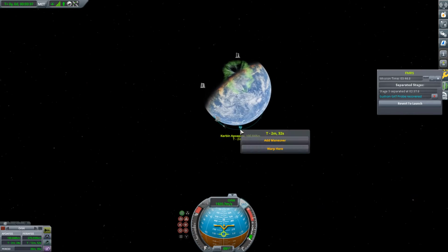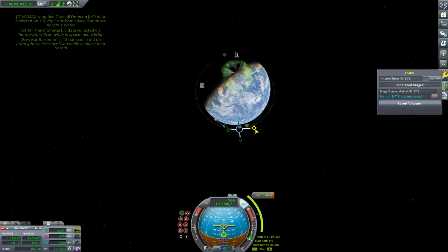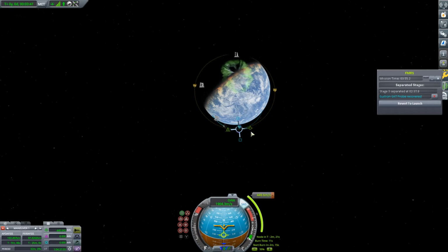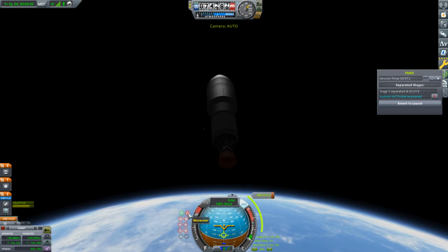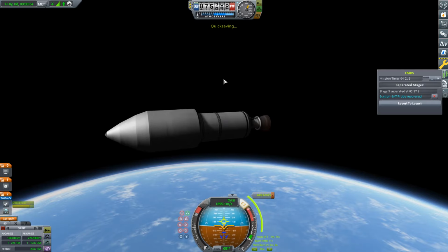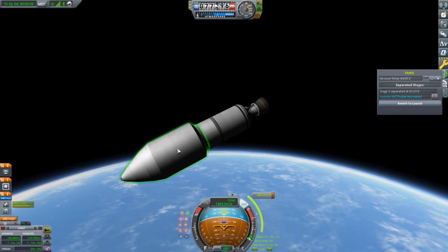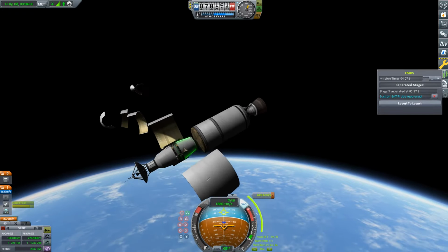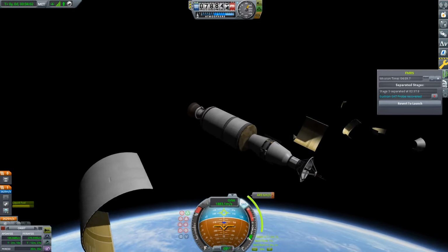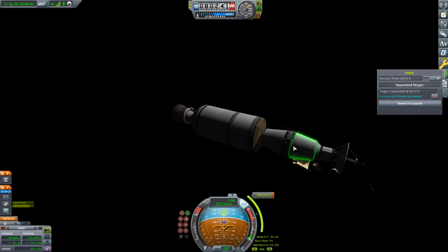So we will now set a maneuver above the ground, and once we do this, we are now able to point our rocket towards the maneuver node, and since we are now up in space, I will quickly quick save, and we can now deploy the fairing. And you can see that the fairing clearly deploys, and this is our satellite that we are launching for the